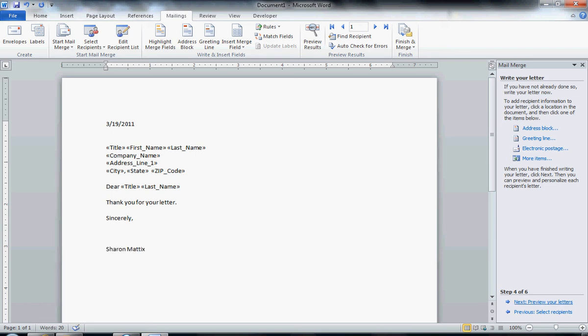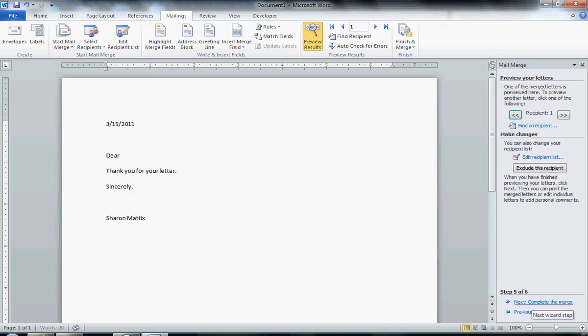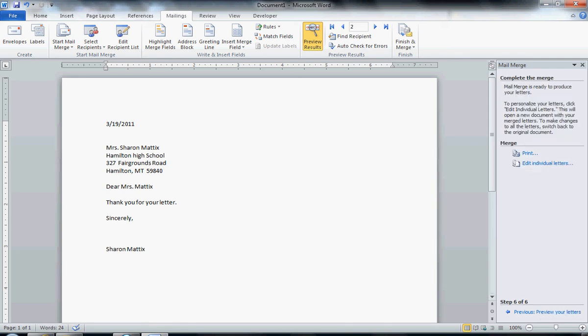When we're done, we're going down to the next step over here where it says Next to preview your letters. Then you can click up here, and you can see that in fact the letter data is there, and we can say Complete the merge. And that is the end of